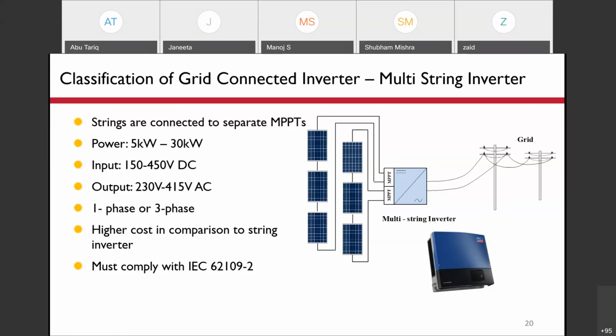Output again 230 volt AC for single phase, or 415 volt AC for three phase. And of course, it is higher in cost as compared to the string inverter. More MPPTs are involved, complex circuits are there, so it will be costly as compared to the string inverter.